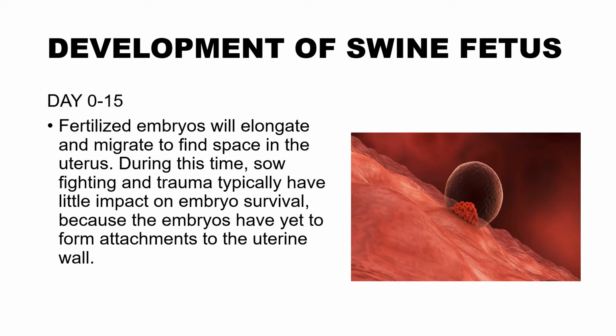the sperm cell and the egg cell have united. So, you now have an embryo, a fertilized embryo. So, on day 0 to 15, the fertilized embryo will elongate and migrate to find space in the uterus. It will move to the uterus, and during this time, sow fighting and trauma typically have little impact on the embryo survival because the embryos have yet to form attachment to the